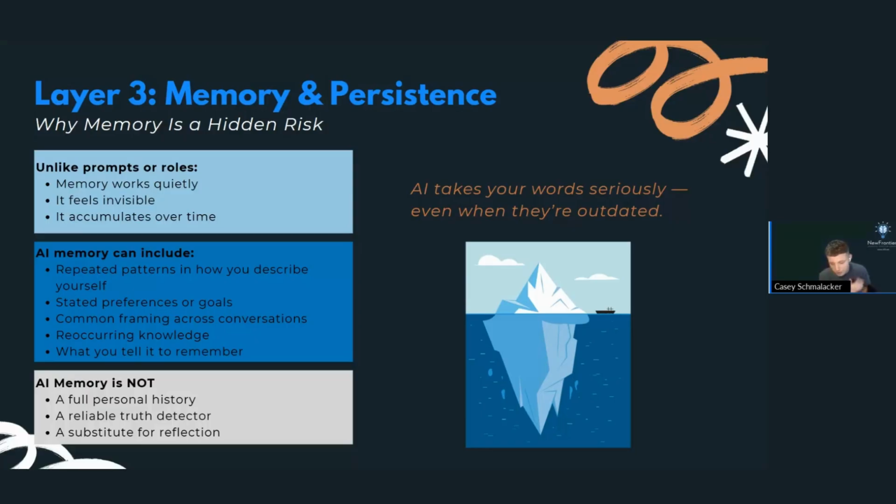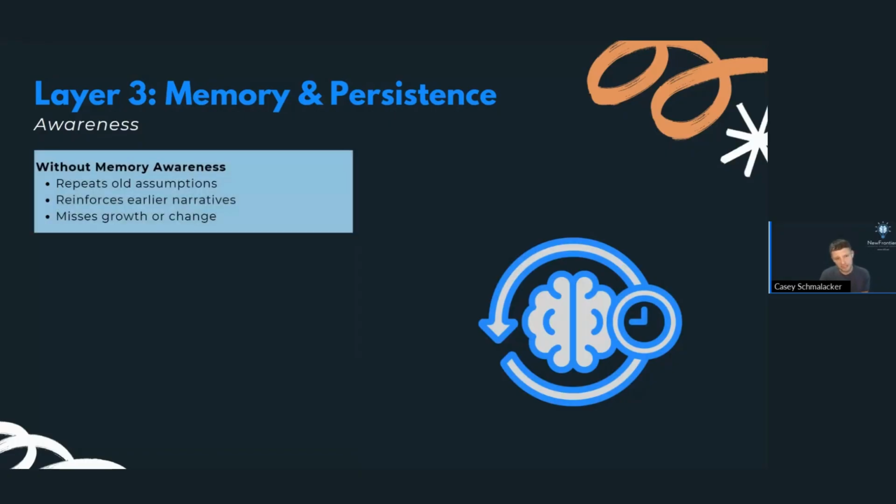I have used AI a lot for brainstorming, and I use it with a lot of work context. How can I present information more readily? But some of the memory, and I can show you some of this, is from a year ago when things have changed. Unless I know about that memory being stored, I may forget to update it. And when I ask new things now, it's still tapping into old memories. So when you're not aware of that, it's repeating old assumptions or reinforcing earlier narratives. It can actually prevent growth by holding us back.